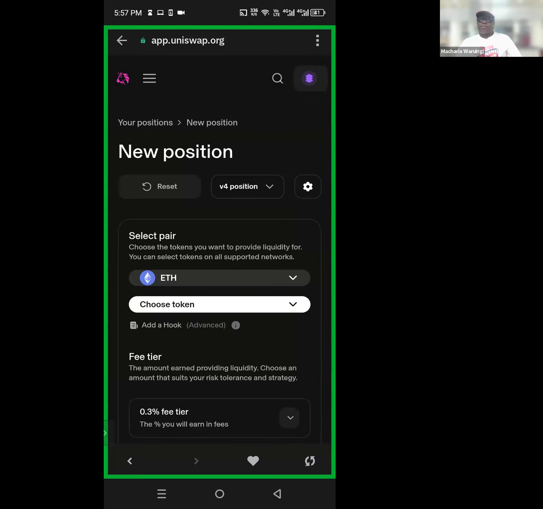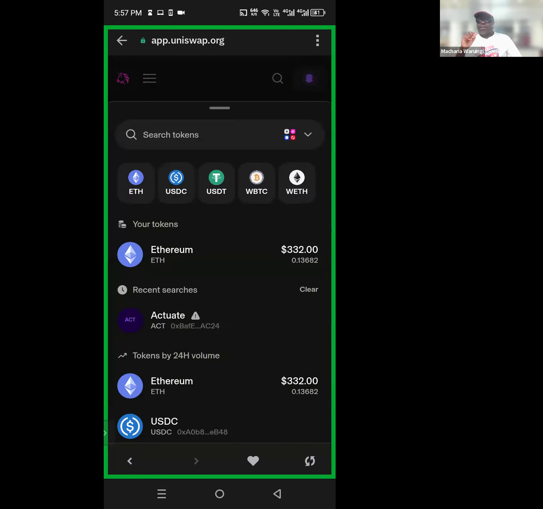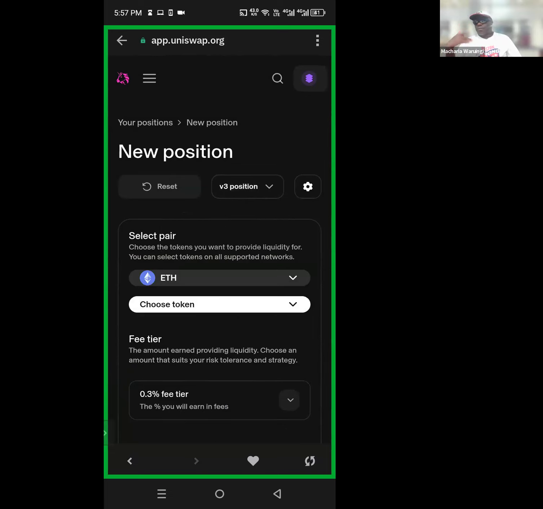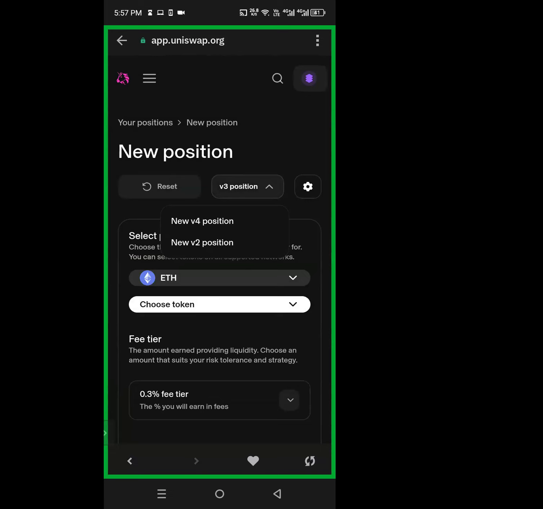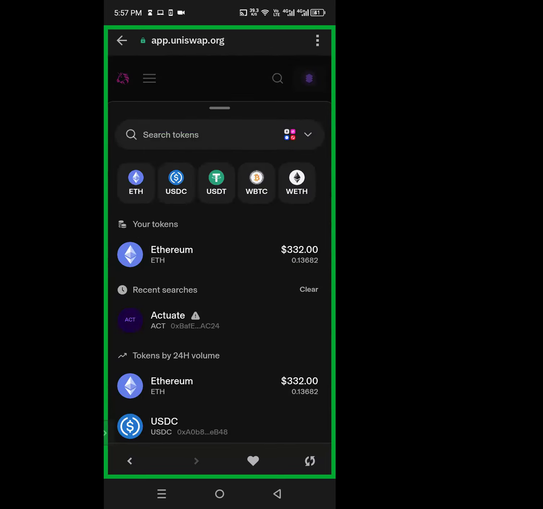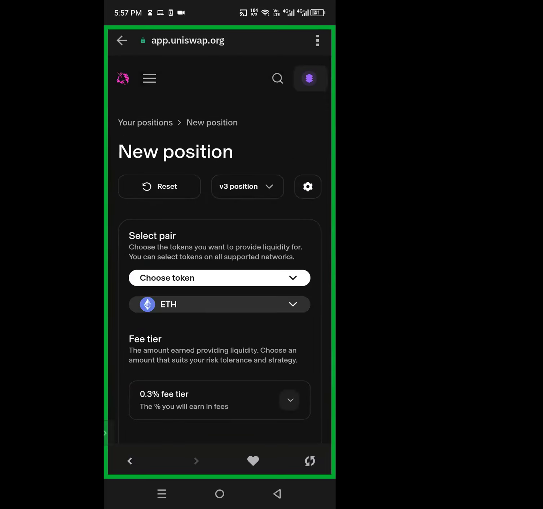Is this V2? This is another thing that we want to explain to people: the Ethereum Uniswap protocol has gone through three revisions, Uniswap V1, V2, and V3. In V2, you could only do full range.